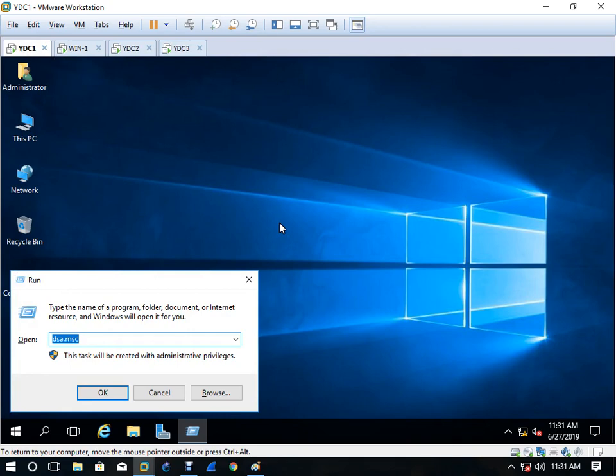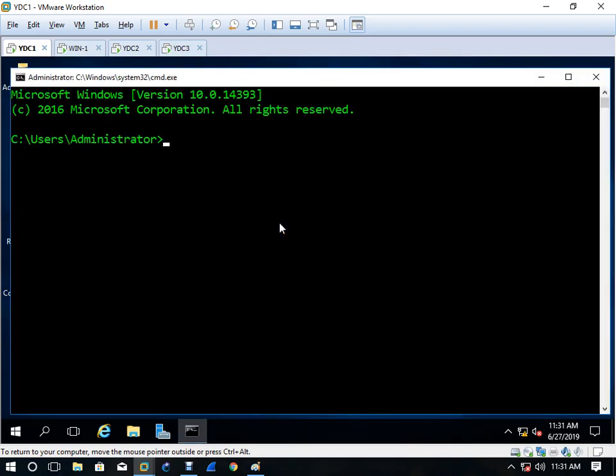Open your command prompt and type netdom query fsmo. Let's come to the Yaoundé server also.